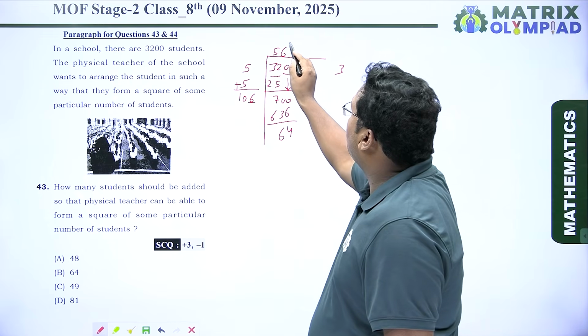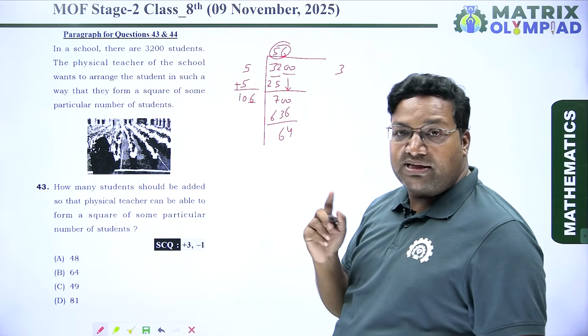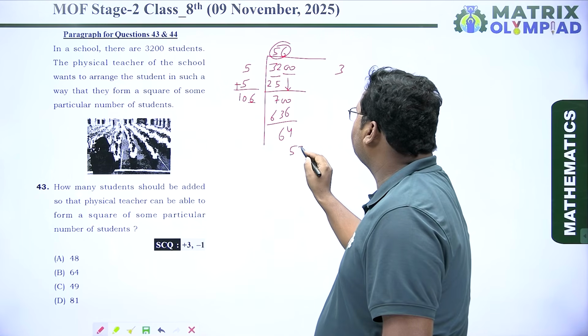It means the quotient is 56. So we have to find out the square of 57. So square of 57 is